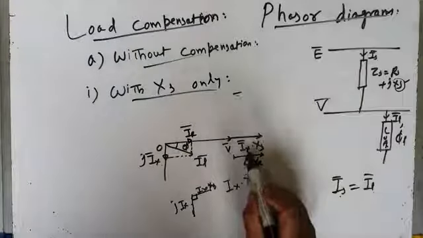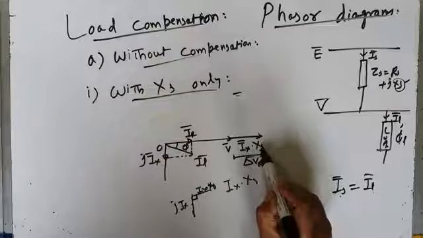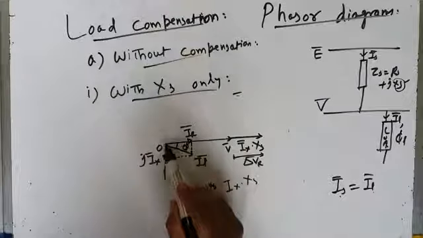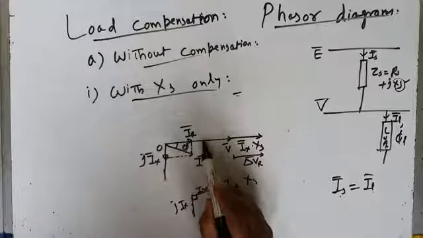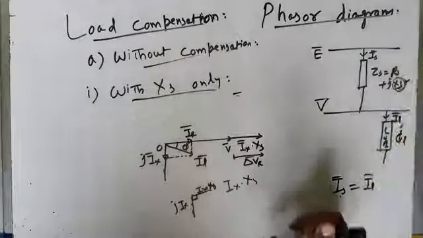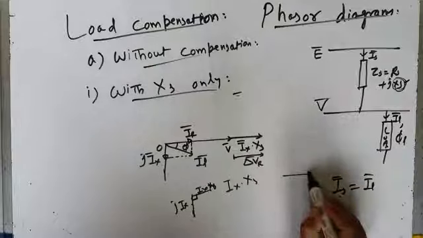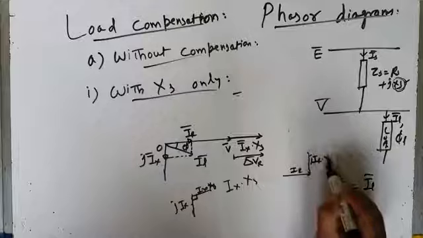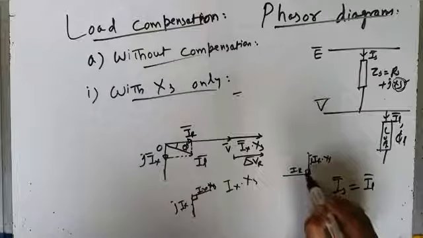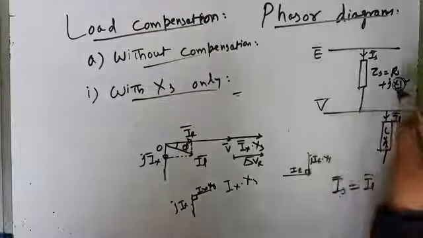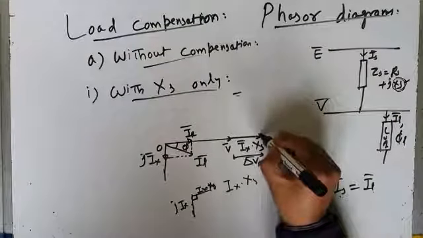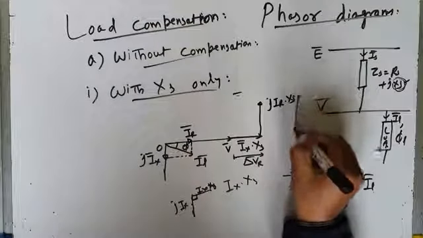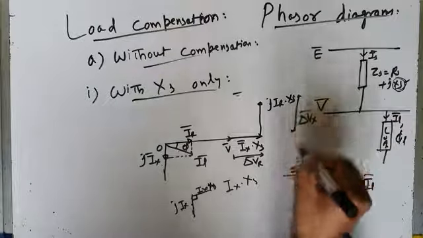So this is the voltage drop in the system reactance because of the flow of reactive component of current. In addition to the reactive component of current, there is an in phase component of current also flowing. When that flows through the system reactance, that will also result in a voltage drop. That means if this is your IR, it will result in a voltage drop JIR into XS. This voltage drop is also at 90 degrees with respect to the current, because it is through the system reactance. So there will be another voltage drop, JIR into XS, which is also delta Vx, that is the quadrature component of the voltage drop.